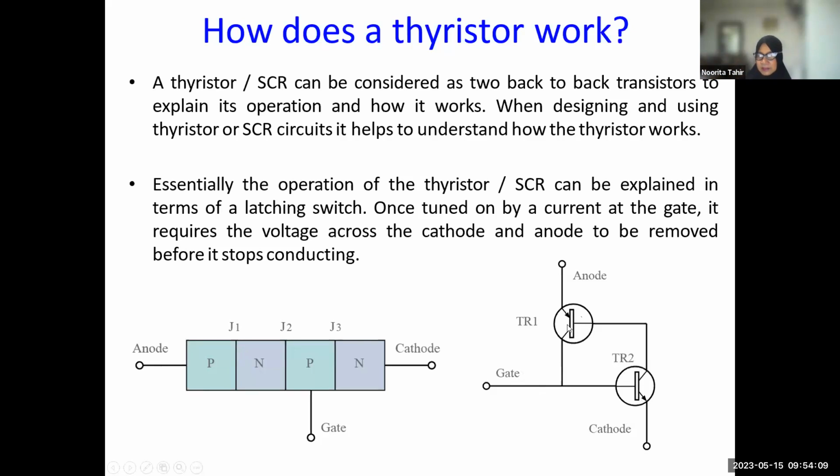The first transistor, with its emitter, here is the emitter, connected to the cathode of the thyristor of the NPN. This is PNP, this is NPN. Whereas the second transistor, the emitter, is connected to the anode of the whole thyristor. Okay, so here, the gate is connected to the base of the NPN transistor, which the function is actually to activate this